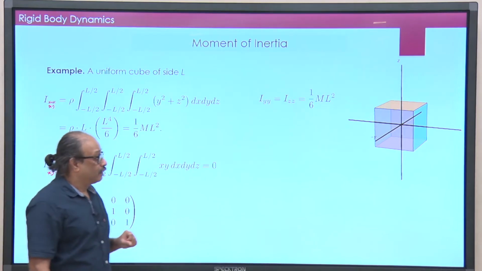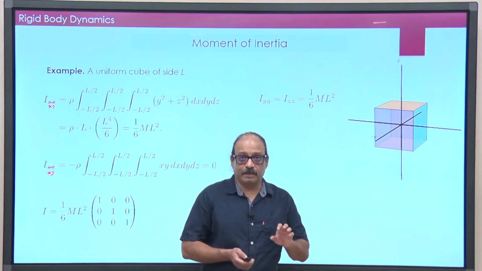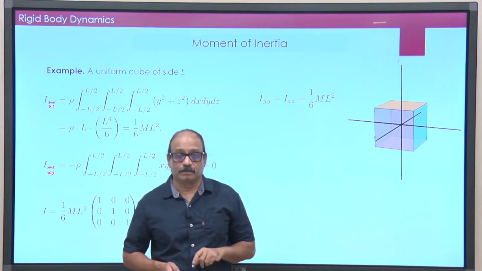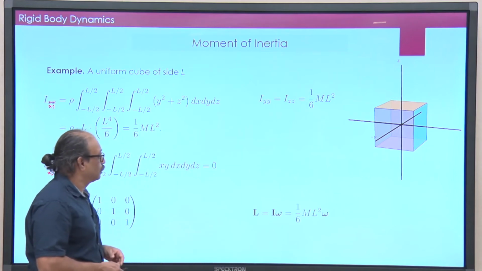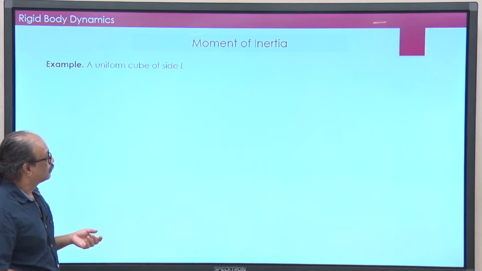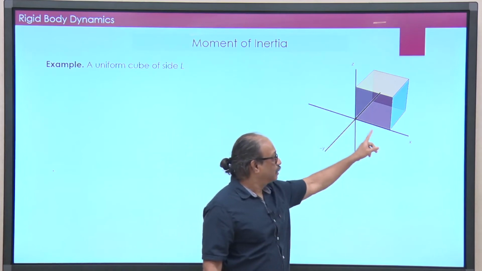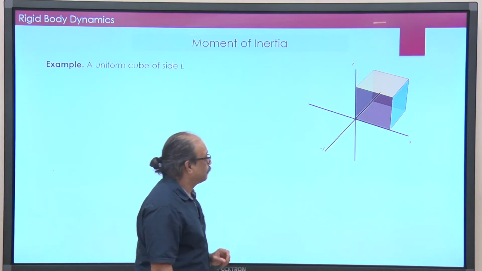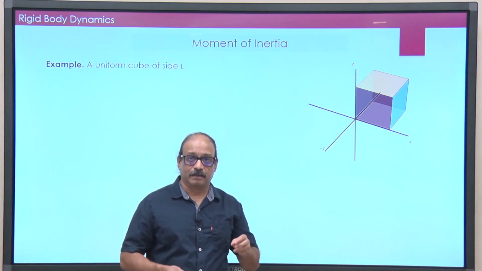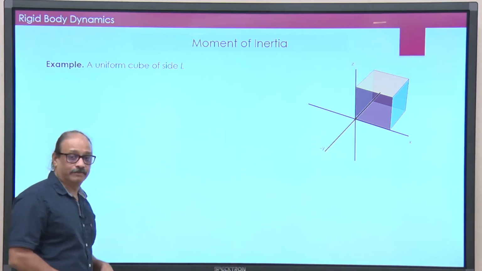But wait, now this moment of inertia, does it depend on the coordinate system? It does in some way, but it also depends on the origin. So, for the second example, I will take the same cube whose edge length is L, but now it is placed in such a way that its edges are parallel to the coordinate axes, but the origin is at one corner. Okay. Now, let us calculate the moment of inertia tensor.